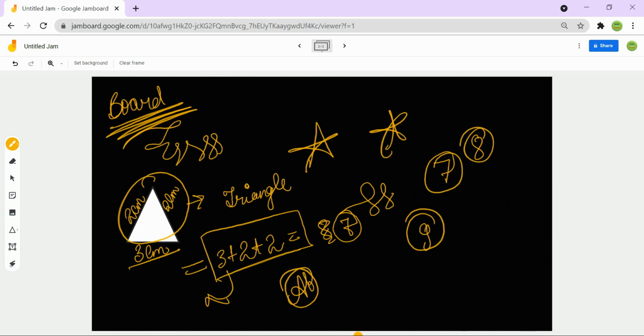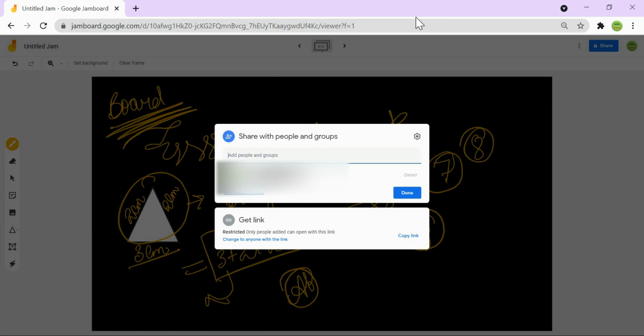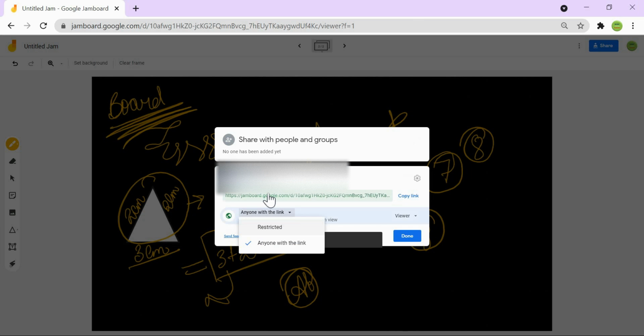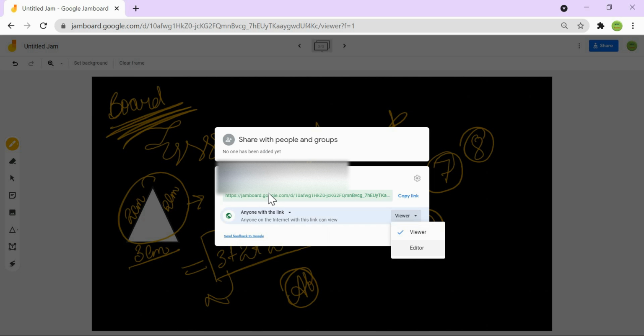Okay, and if you want to share with your students, so you can share. You will go to the share option. In the share option, there will be an option known as get link. You will click to change it to anyone with the link. Restricted mode will be on, but you have to click on the anyone with link. If there will be a tick, then your student can see. If you like that student can edit on it, so you can go to view and you can do it on view. Now I am again doing on restricted because I don't want to.